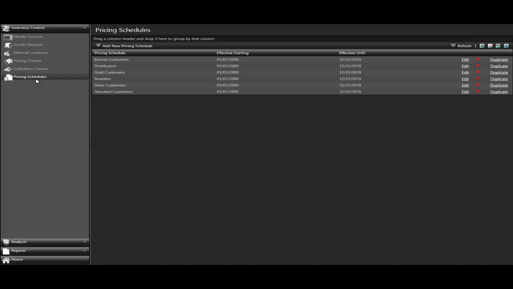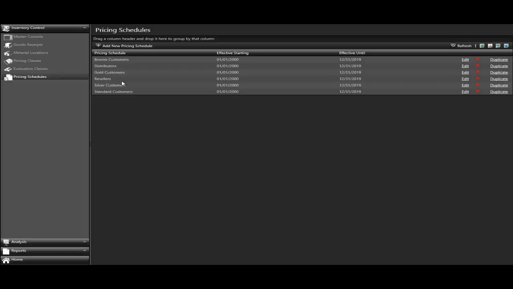On the left is the pricing schedules tab. Now, this is the sample company that ships with the system, and there are 6 pricing schedules in there by default. You can create as many of these as you need, but the idea is that each pricing schedule is a collection of items, and the items in that schedule determine that item's price within that schedule. You can see that in the sample company, these are designed to be different prices for different classes of customers.